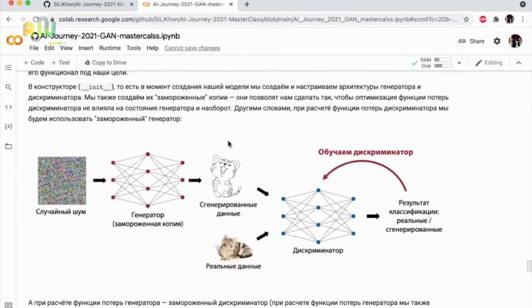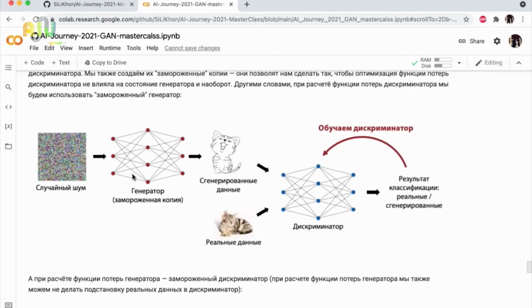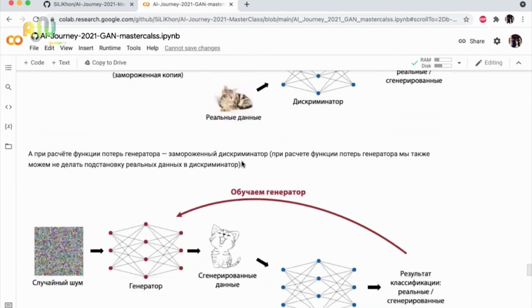Why do we freeze copies of generator and discriminator? The loss function, as I said, consists of two parts, loss function of discriminator and loss function of generator, and it is actually the discriminator loss function that is negative, with minus. When we train discriminator with its loss function, it's important to make sure that it doesn't train generator. When we connect the parameters that are responsible for discriminator loss, it's important to make sure that only discriminator parameters are here. And the only way to make sure that it happens this way is to calculate it in the following way. Here we have a frozen copy of generator that is unchangeable,